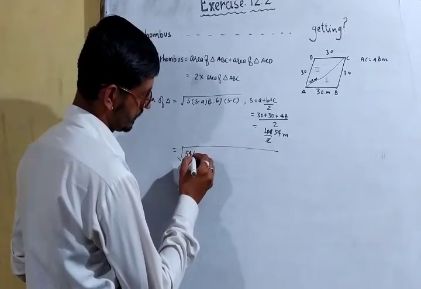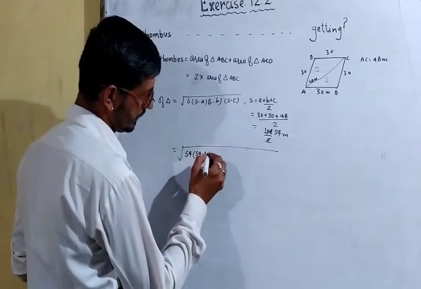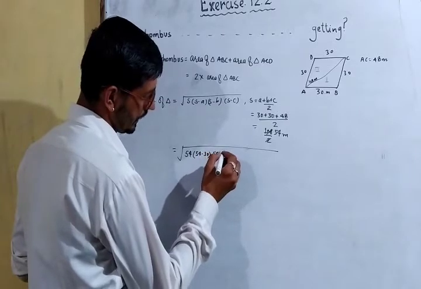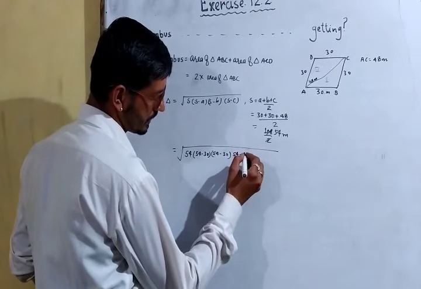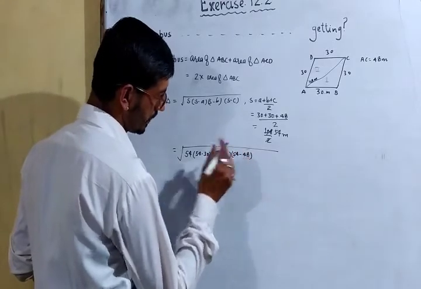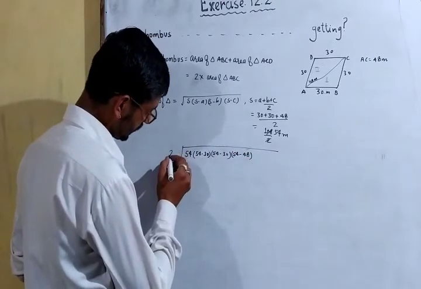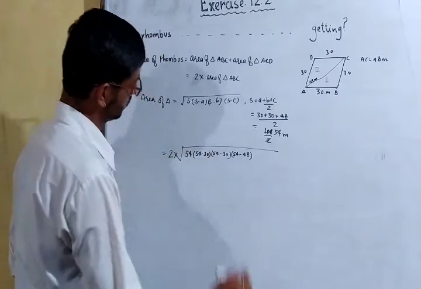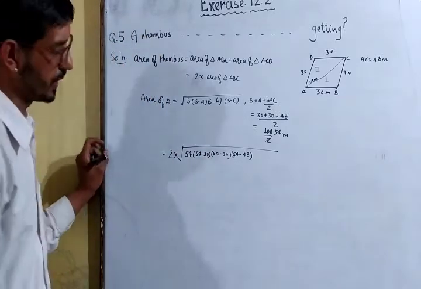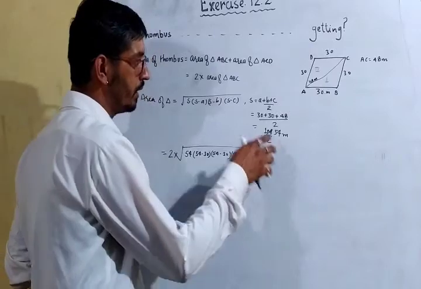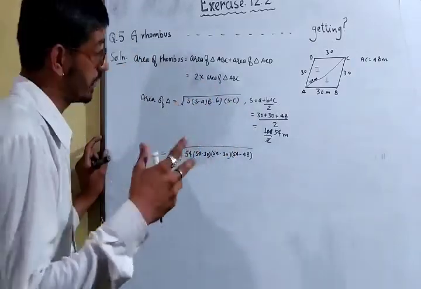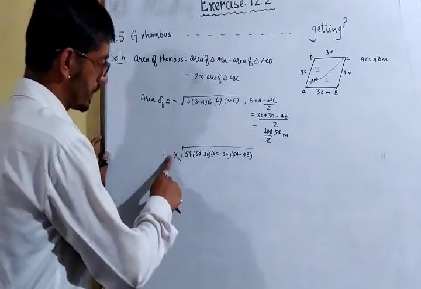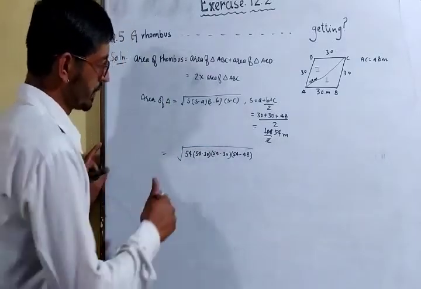S, S minus A, S minus B, and S minus C, into 2, because we are finding area of triangle ABC, and ultimately what we have to find? The area of a rhombus. So at last we will multiply by 2. Okay, so now